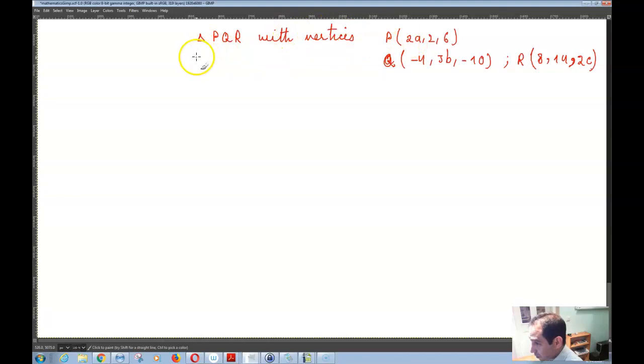Now, the centroid of this triangle is the origin, which is 0, 0, 0. The centroid is the origin. You want to find the values of a, b, and c. Okay, so what you need to do